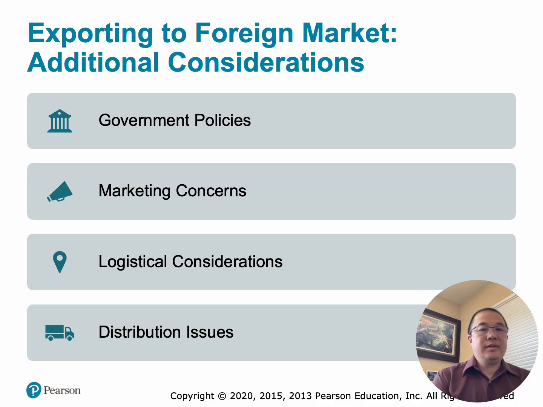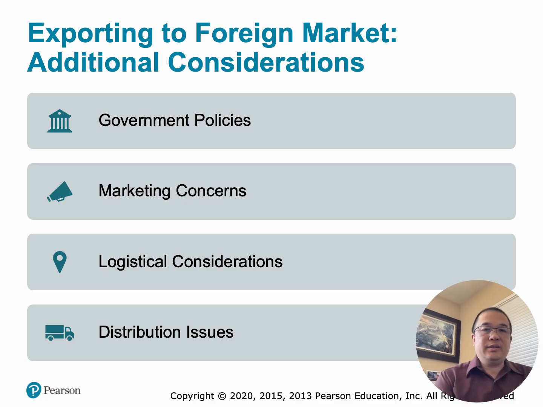Important considerations: tariffs. These increase product costs. Import quotas. These limit how much can be imported. Product regulations and standards. Export controls on sensitive products. Trade agreements that reduce barriers. So as an example, a U.S. software company selling in Europe must comply with European data privacy regulations and VAT requirements. So the question for managers would be, can we legally and profitably sell our product in this country?